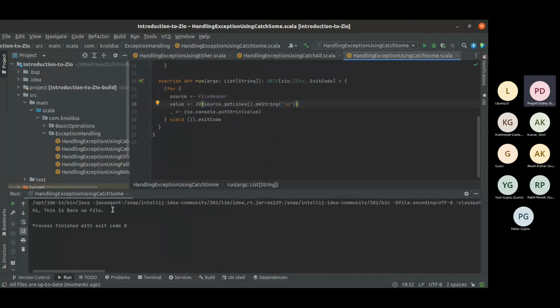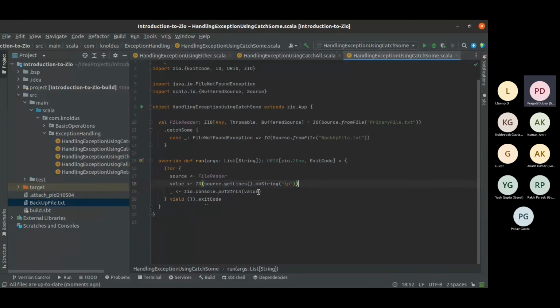So you can see the output of the file, the content of the file which was there, is in the console. What I did is I tried to access this file which is not present over here. After that, I used catchSome, and in catchSome, I am using a specific type of exception, which is FileNotFoundException, because this file is not present over here in the project. So if this error is the same as this type, it will try to access this file and print all